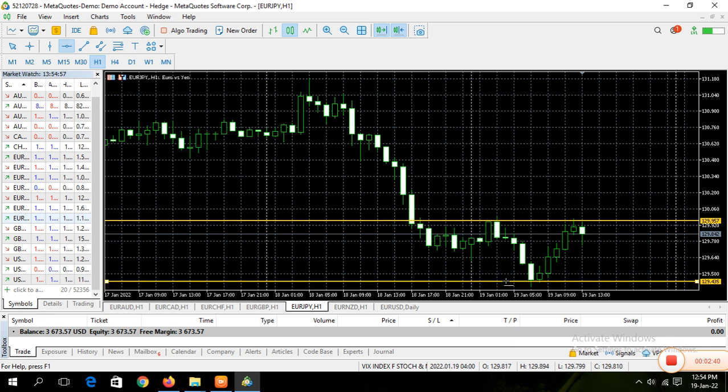So from here, we have an idea of what Euro JPY is doing. This is Euro JPY. At midnight, when the session market opened, this is the highest it was able to achieve. So from here you see 3 o'clock, it started going down until it got to 7